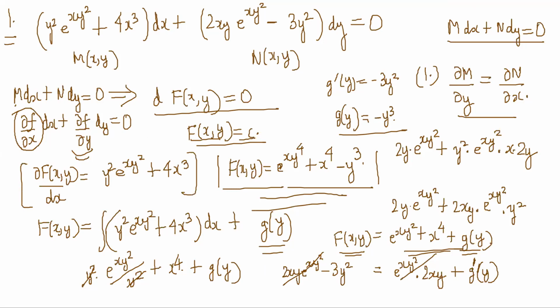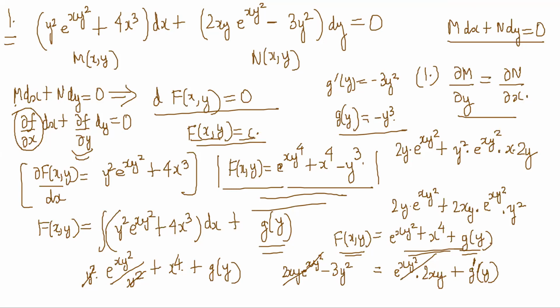Then the second one is solve for this. Here he is simplifying a little bit. He has written the dy and the dx together, then separately, right? And then it has become this M dy plus N dx, right? And then he will do the same thing. Now it is just working through the same process. So it should not be too much of a problem here. He's checking that M y and N x are coming the same, so it's an exact function only, right? And after that, it's about just solving it properly, right?